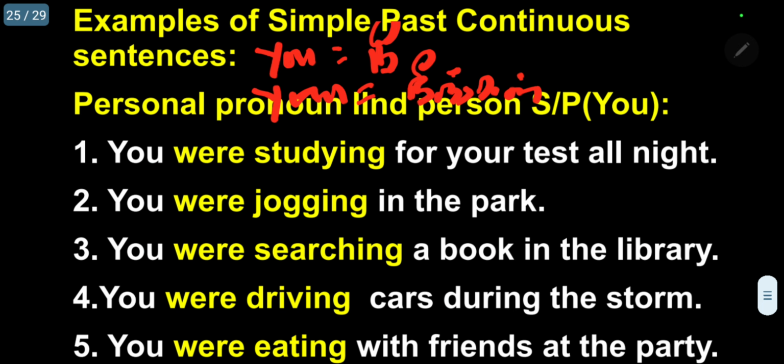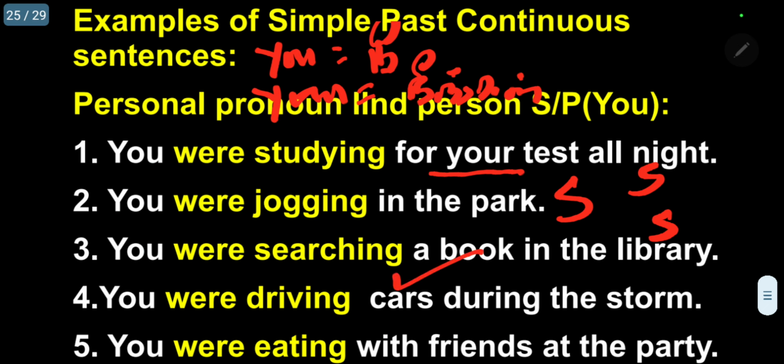So let me tell now. You were studying for your test. Please follow. You were studying for your test all night. Singular, I am using. You are jogging in the park. Singular. You are searching a book in the library. Singular, I can use, because one book I am searching. Now,